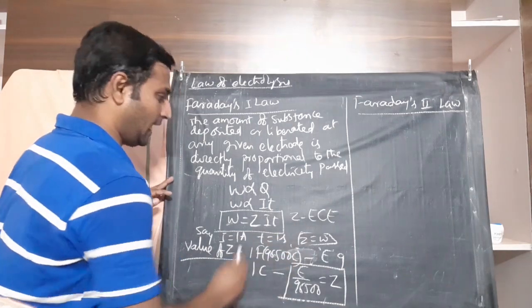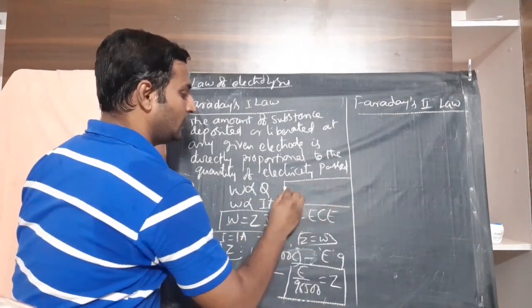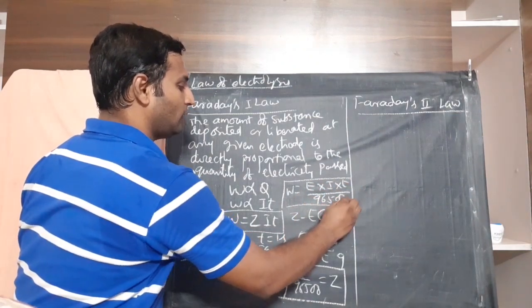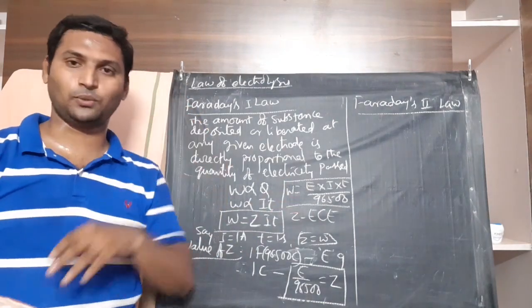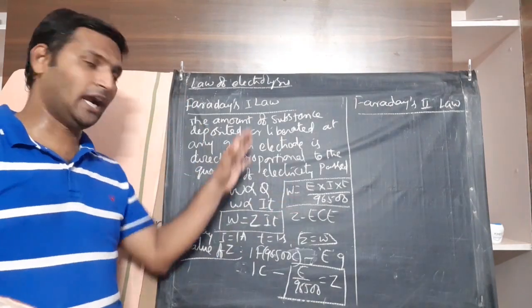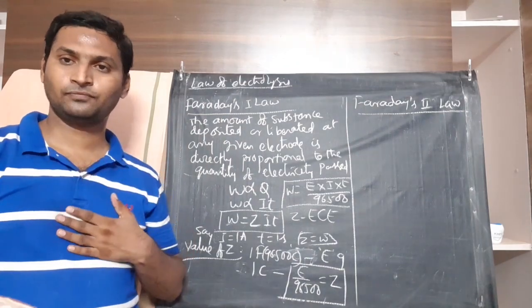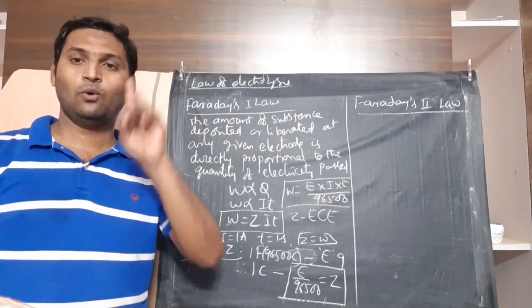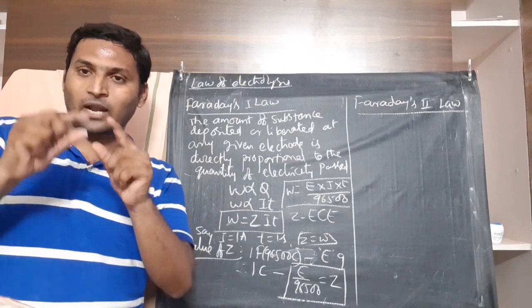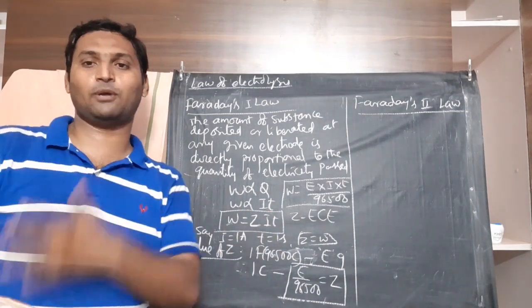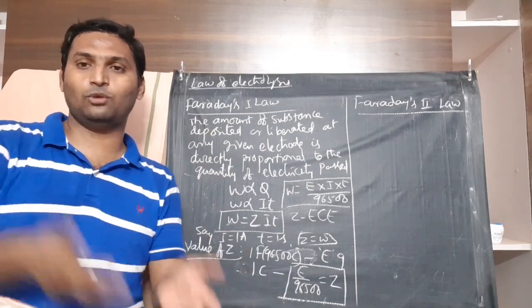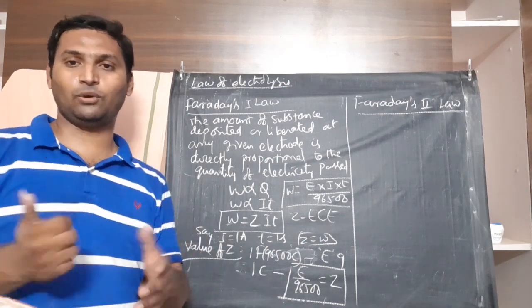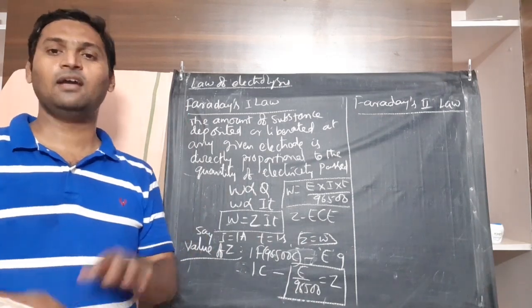So finally you can say W is equal to E into I into T by 96,500, if you substitute the value of Z also. That is the statement and mathematical expression for Faraday's first law, which you can solve directly using this formula, or using the previous statement we said: 1 Faraday deposits equivalent mass. So convert the given values of current and time into number of coulombs. 96,500 coulombs deposits so much, so the given number of coulombs deposits how much? You can do it every time using the unitary method also. That is Faraday's first law. Very simple and very easy.